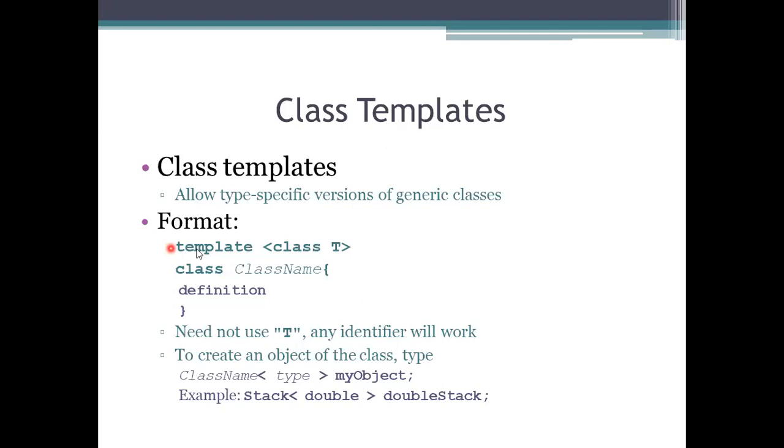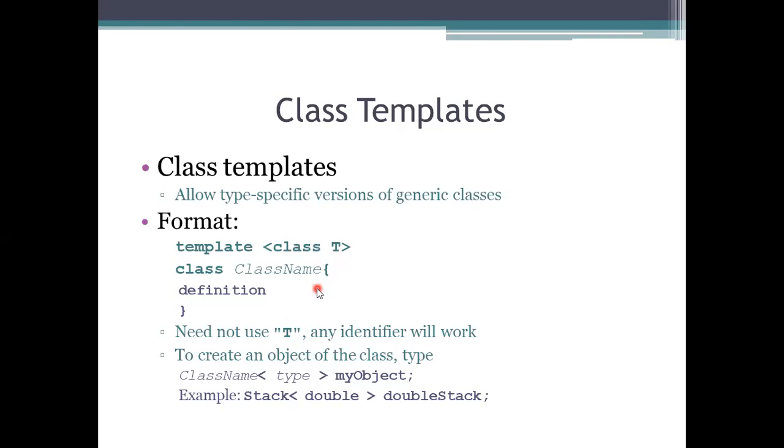So how are we going to create these templates for the class? There we need to mention the data type, which has behavior like a function with different data types. So here we need to specify the template for the class. That's why we are using the keyword template. For the class, I am mentioning the template parameter, that is the capital T, then the class name, and we write the definitions here. As I told you, there is no specific rule that we need to use capital T only. We can specify any name or any letter.